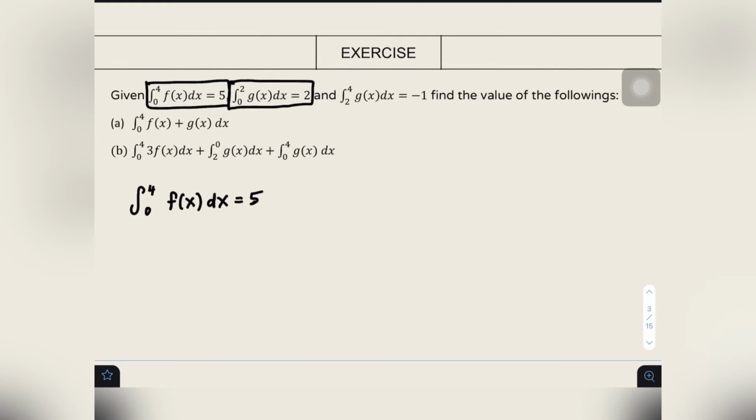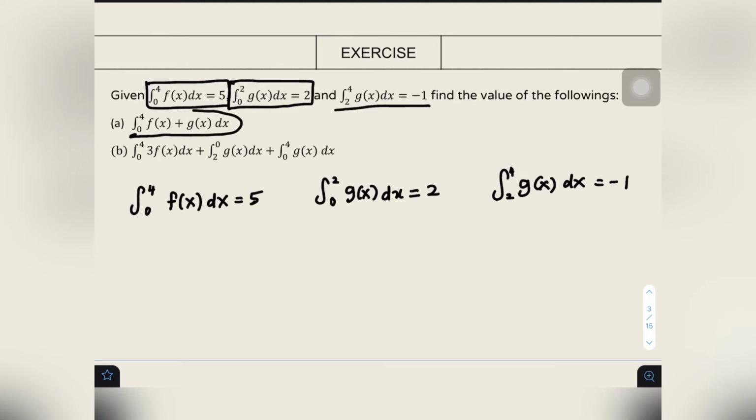So the second information is the integration from 0 to 2 of a function g(x). This one is function f(x), this one is function g(x), which means it is a different function, is equal to 2. And the integration of the function g(x) with respect to x from 2 to 4 is equal to -1. This is our third information. Now the question asks us to find the value of the integration of f(x) plus the integration of g(x)